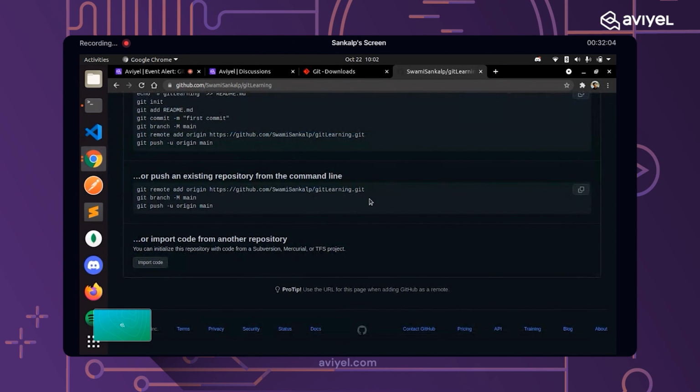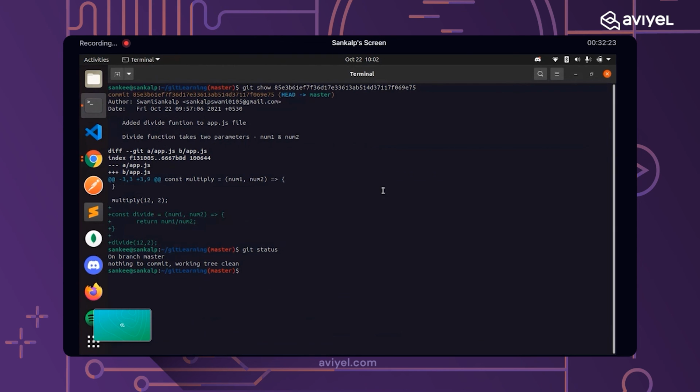So we will scroll below and just push an existing repository from the command line. We have an existing repository which we will be pushing from our local machine to GitHub, right? So let's copy the first line. Don't worry, I will explain each line shortly,